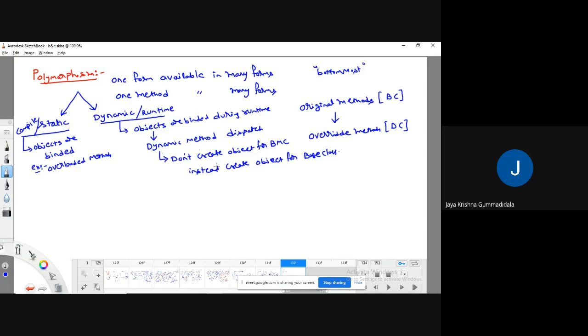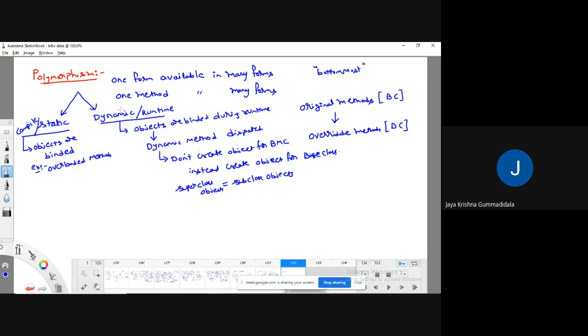Meaning that the subclass objects we are going to assign to superclass objects in dynamic method dispatch. Okay, fine.